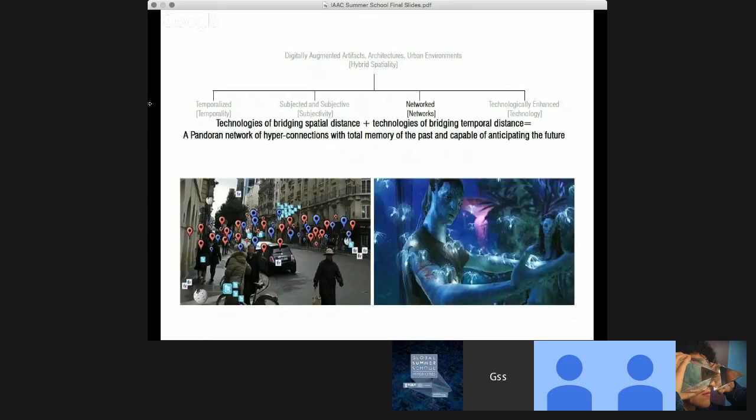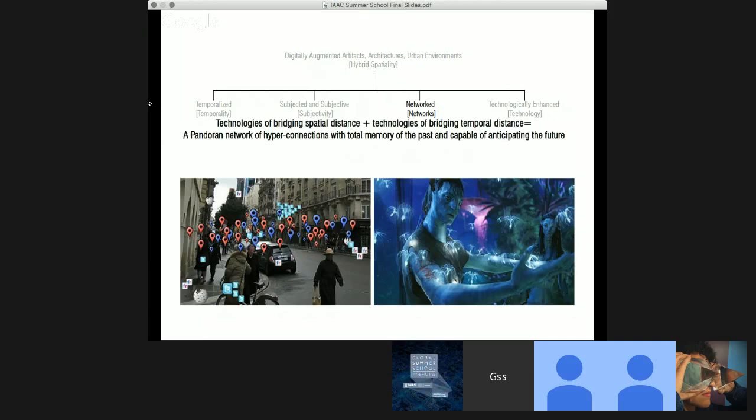Ideally, our digitally augmented artifacts, architectures, and environments, these sentient machines of habitation, are networked. The extreme vision is a Pandoran world of hyperconnections where all entities are connected through space and time by hierarchical infrastructures or peer-to-peer ad hoc networks.